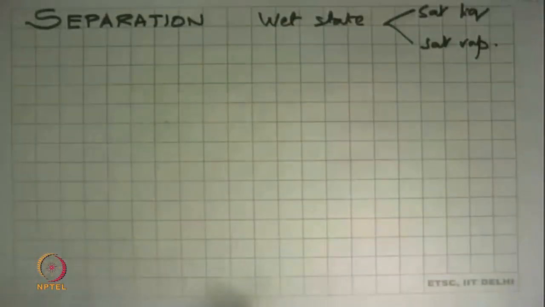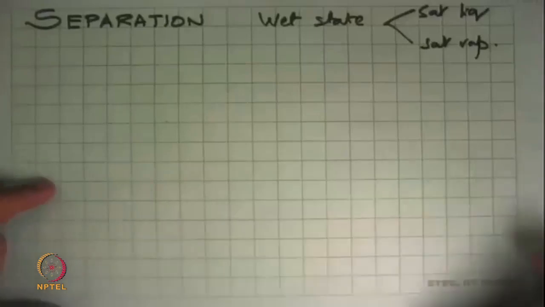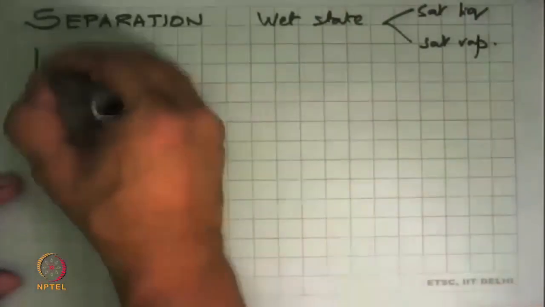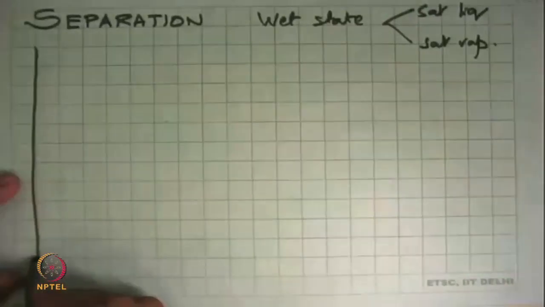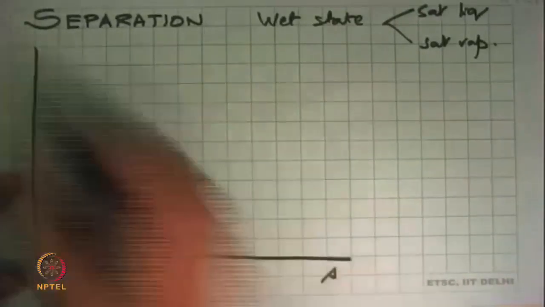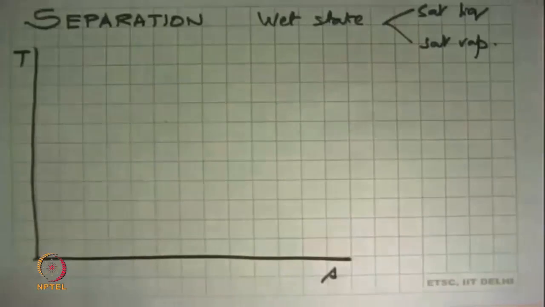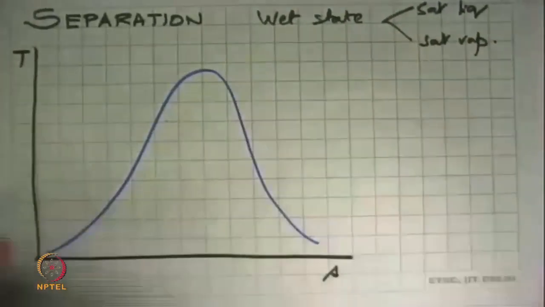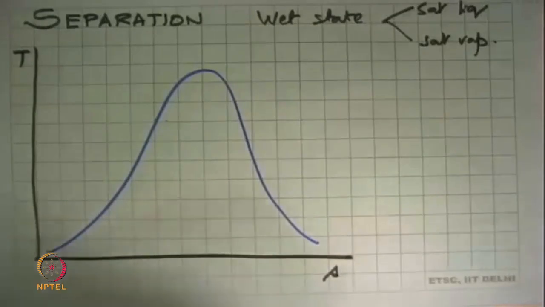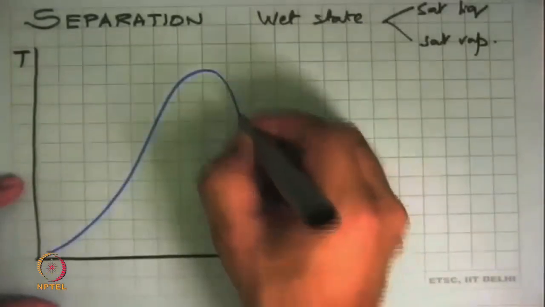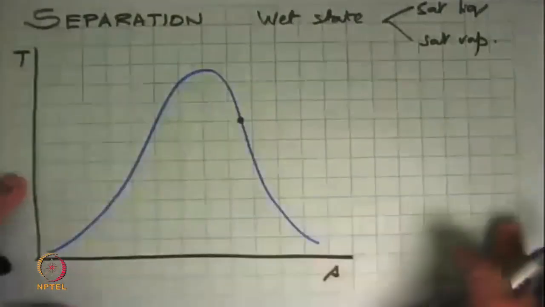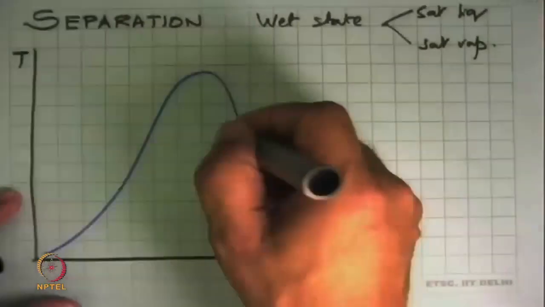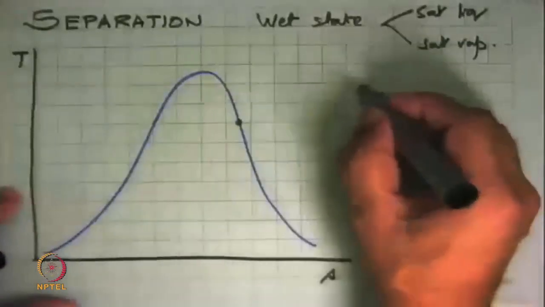An example where we really want to do this, and do this most certainly, is a nuclear power plant. So what happens in a nuclear power plant is that we have, say, we'll show it on the property diagram there. That's the dome. And in nuclear power plants, the steam produced by the nuclear reactor is at a state like this. It's a dry saturated state. This is the state at which we introduce it into the turbine.